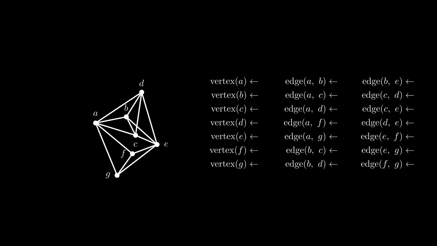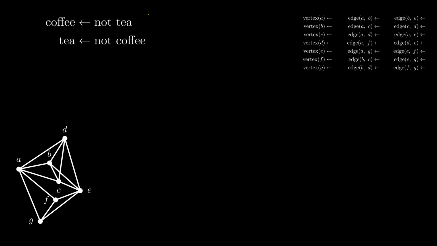Okay, it looks quite different from the previous logic programs we encountered, but you can really think of each of these facts as a propositional atom. Alright, so we encoded our graph. Now we need to somehow force each vertex to choose a color among, say, red, green, and blue. Do you remember the tea and coffee example? We were able to have stable models in which one either drinks tea or coffee, but not both. So we managed to express this kind of choices. Let's do the same here.